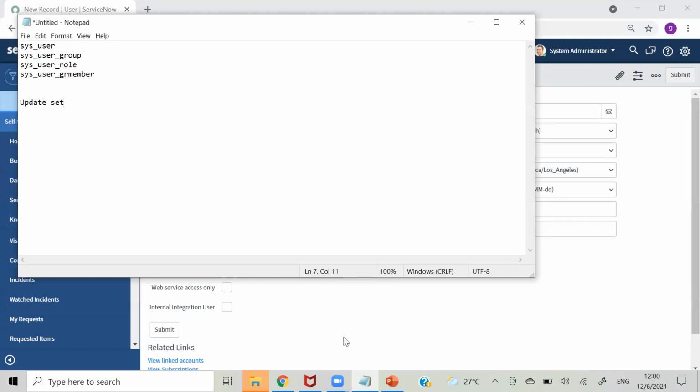Whenever you make any development, it automatically gets captured in the update set. We will see how to create an update set, what things get captured and what things will not get captured in the update set.